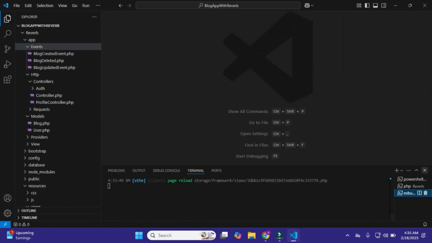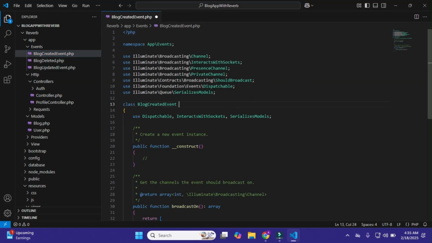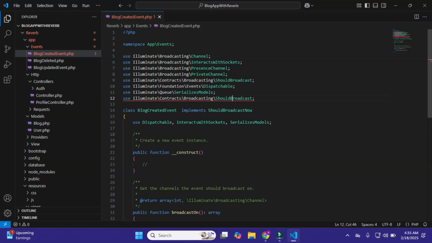Okay, close this and close this also. Now I'll go to BlogCreatedEvent, and within it first of all I'll add implements ShouldBroadcast. Also copy this, paste it here, copy this, paste it here.